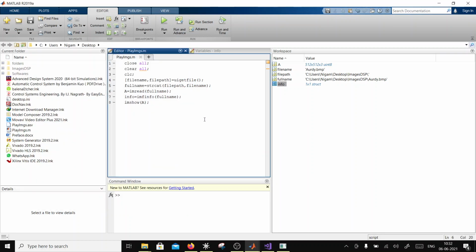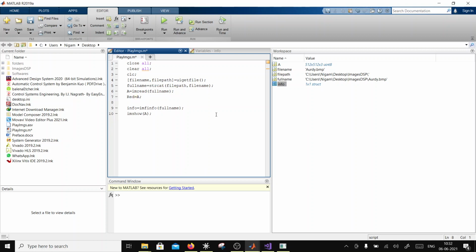All I have to do is make B as A, or I can say R, or red. So red is equal to A.